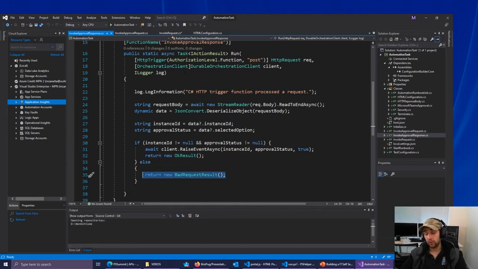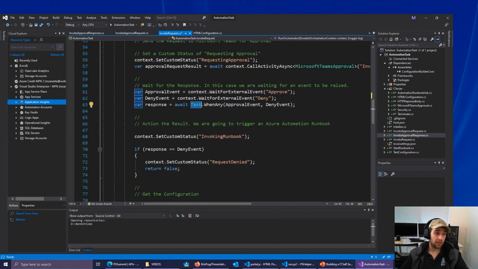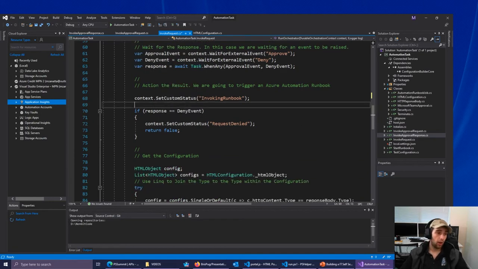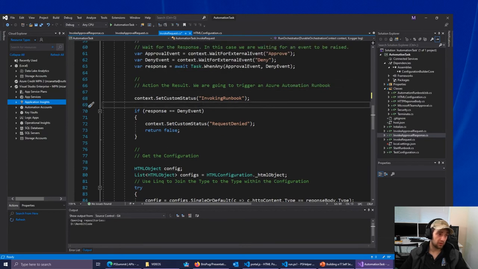If it raises a bad request, nothing gets done on the durable function side. It'll just still be waiting, and it'll wait indefinitely. In this instance, the event worked. We've got an approve, and you can see that event gets raised, and then this process will continue on. Once that's completed, we've just set a custom status that, to be honest, could be moved down, but anyway,